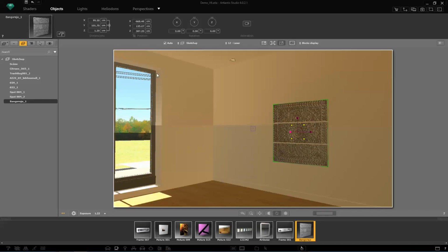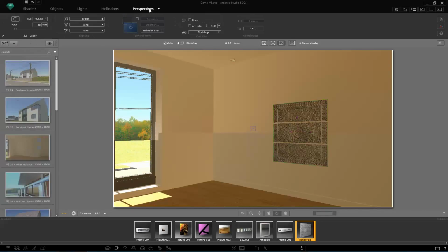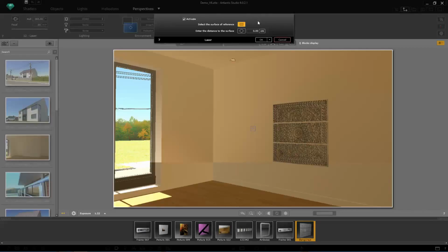I change inspectors, open that of perspectives and check the laser. Once active, we can open the dialog of the laser tool and set the parameters. The first thing to do is to choose the reference surface. In our case, this will be the floor. I select it in the preview, and a red laser line appears at its borders. Now I have to lift this laser line to a 1 meter distance from the floor by entering numerical values